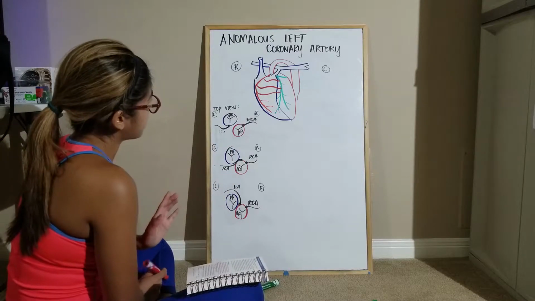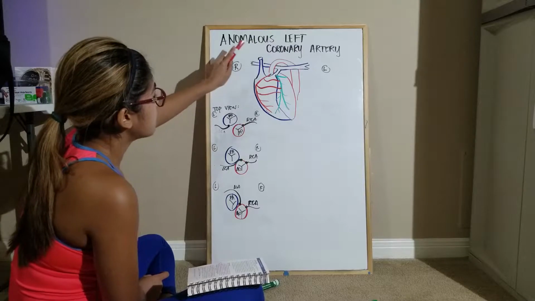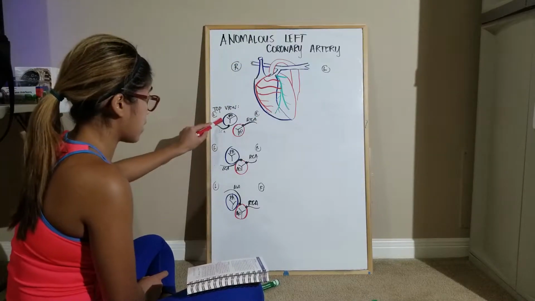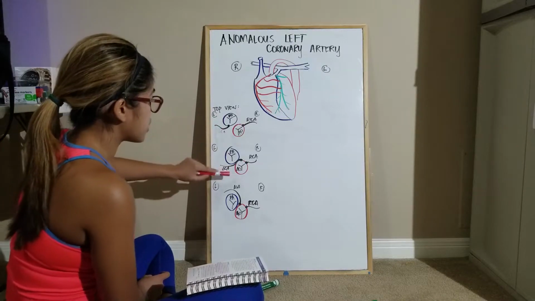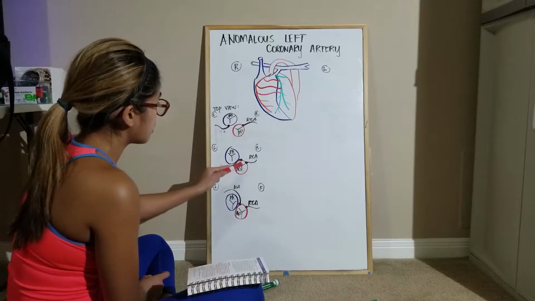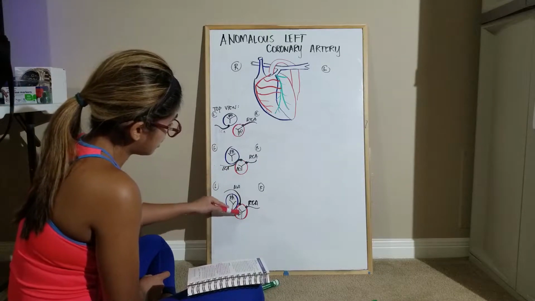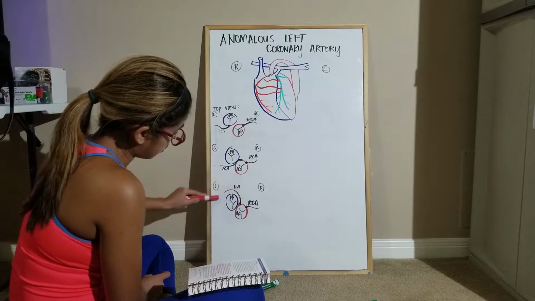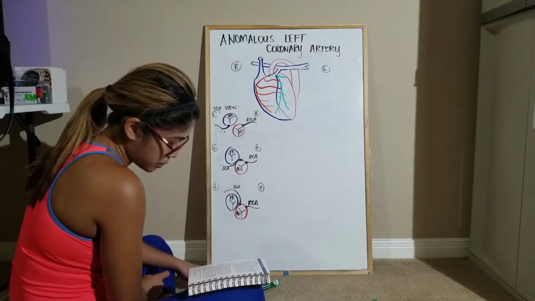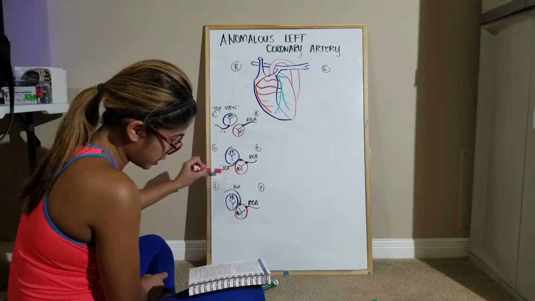Oh, let me explain this. I'm sorry. I was discussing anomalous left coronary artery branching from the pulmonary artery before. This is that. It could also be branching from the aorta, but it's taking a different route, which is going in between the pulmonary artery, or taking this route around the pulmonary artery. When this coronary artery courses in between,